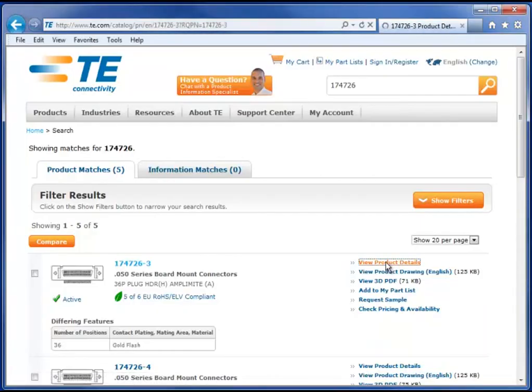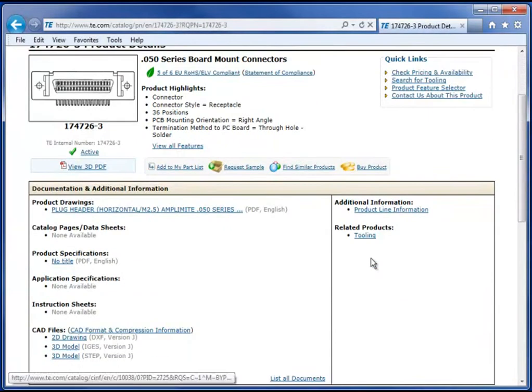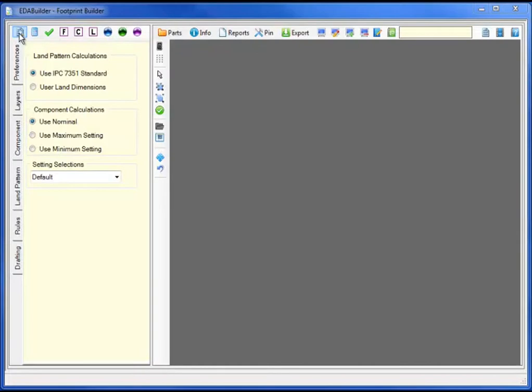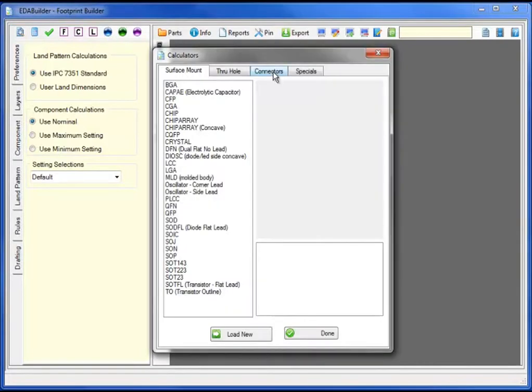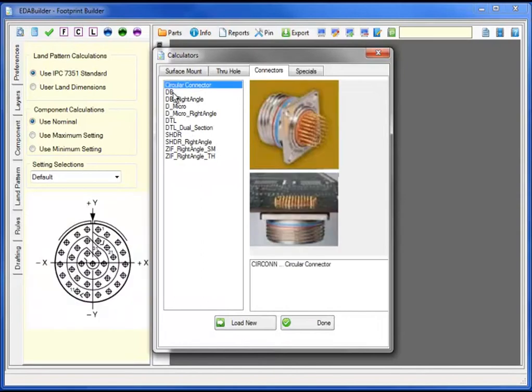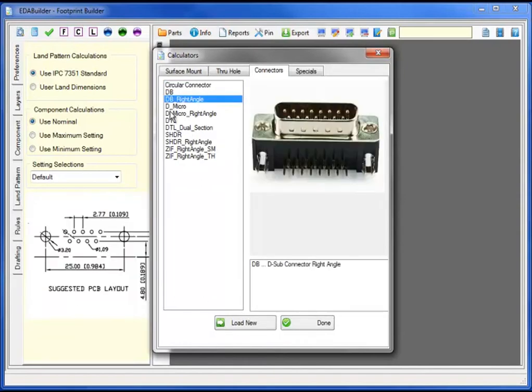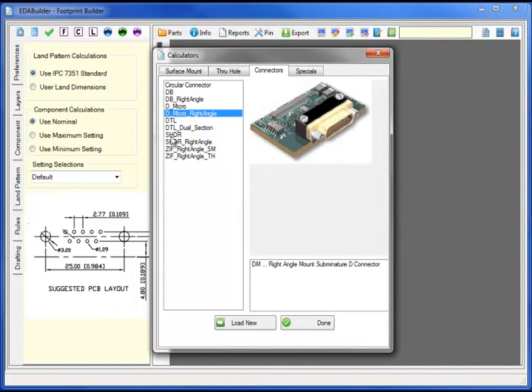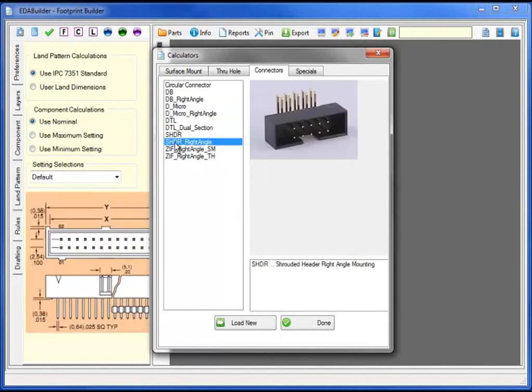On many of the component vendor websites, there exists model information, including the PDF datasheet, 2D models in DXF format, and STEP models. Footprint Builder can import 2D DXF models and overlay the model against the footprint generated by Footprint Builder. Footprint Builder has the industry's most complete set of header connector calculators, including circular, DB, DB micro, shrouded headers,